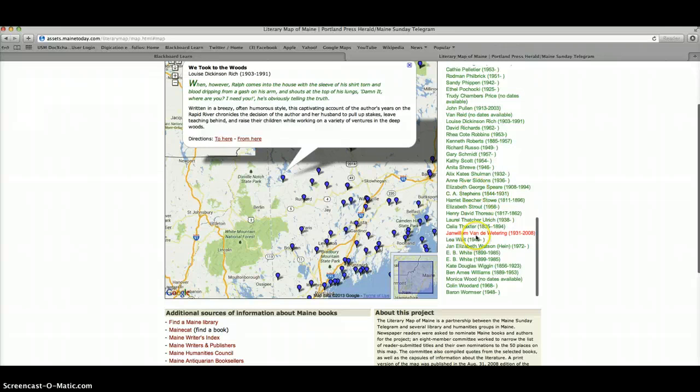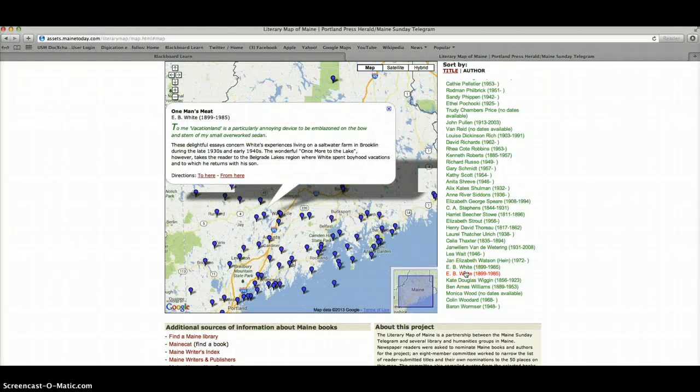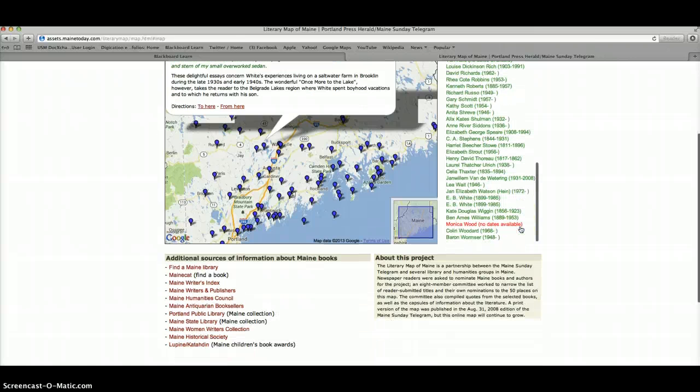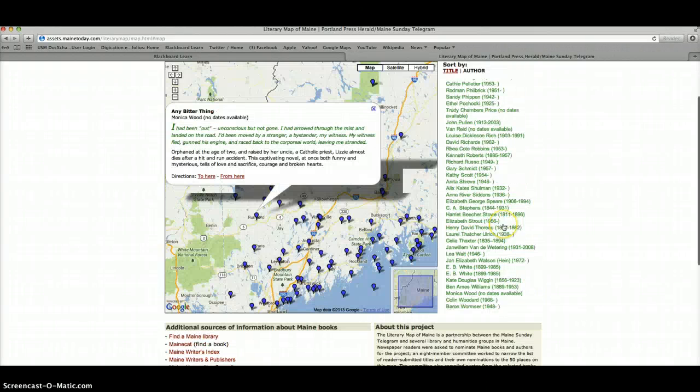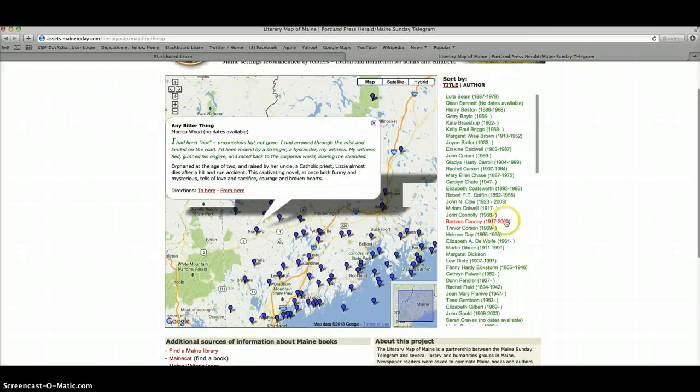You get the point. You can read some different E.B. White, including Charlotte's Web or One Man's Meat, which is really his essays on what it's like living on a saltwater farm in Brooklyn, Maine. So you really have a wide range of things to choose from in terms of picking your own piece